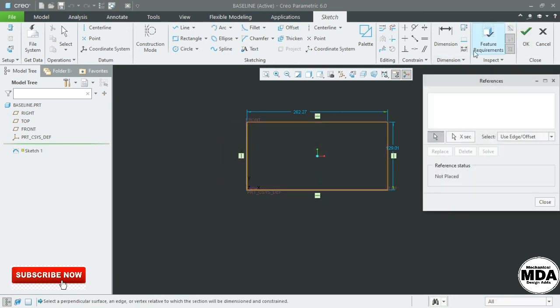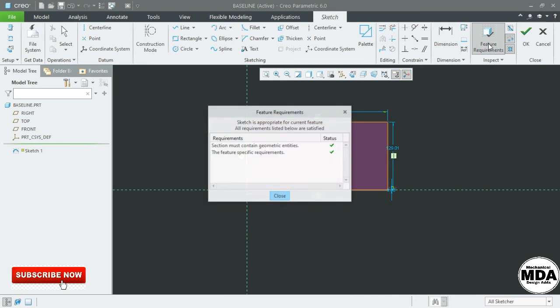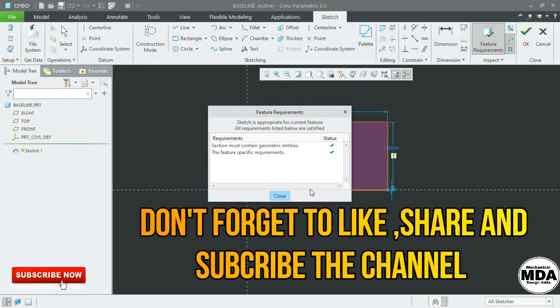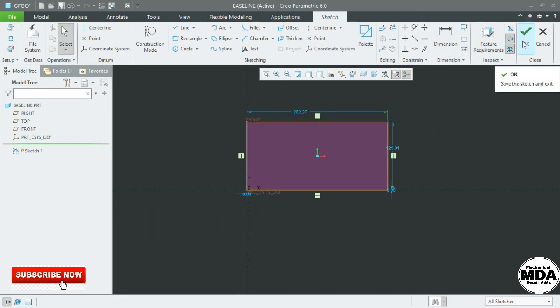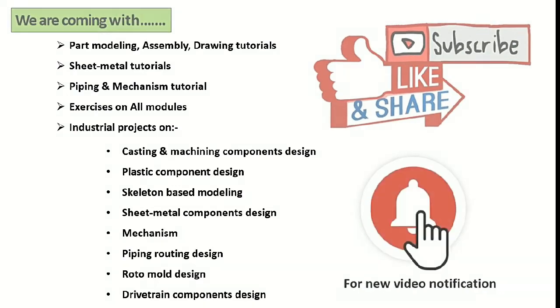Why? We have already seen that there are some missing references, so we have to take that reference. So here I am selecting these two planes and say okay. Now in the system requirement, all are green status, so directly you can say okay.